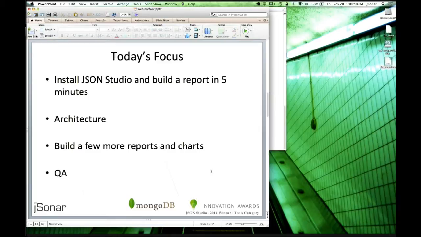So the first thing I'll do is I'll start from a fresh download evaluation copy. I'll install it. I'll use the tool. I'll build a report, show it to you. Then go a little bit into the architecture of the system. Then we'll build a few more reports and go into charts and hopefully leave a lot of time for questions. Okay, so